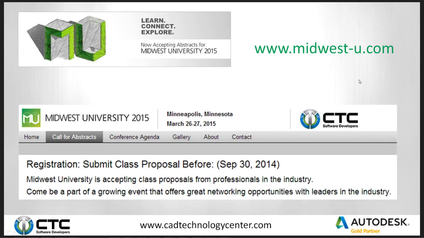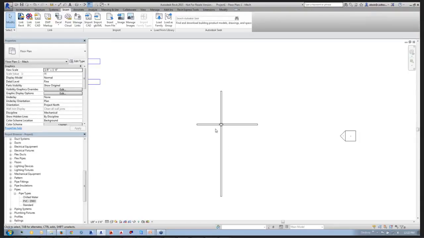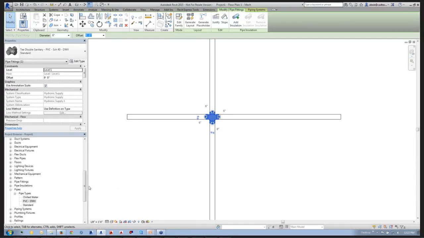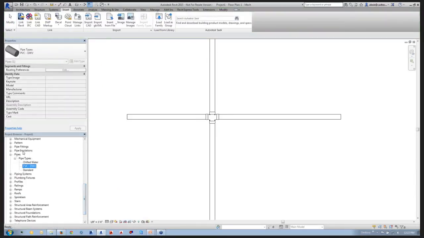Okay, I've got a question here asking about using secondary routing preference fittings. I'm not entirely sure what that is asking, but I think what you're asking about. So if I go back into the routing preferences on this pipe type,